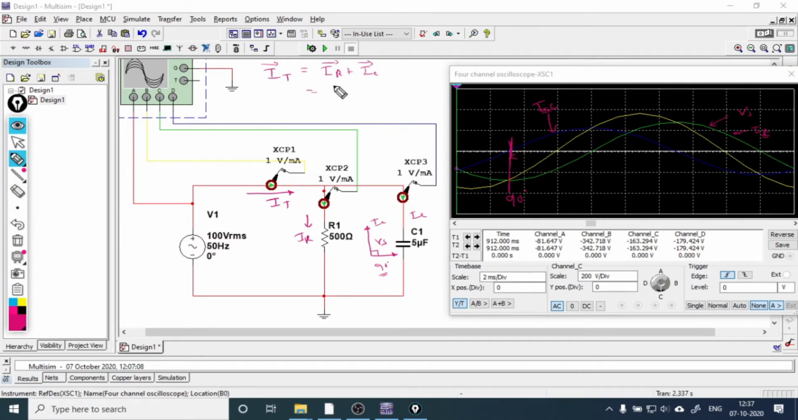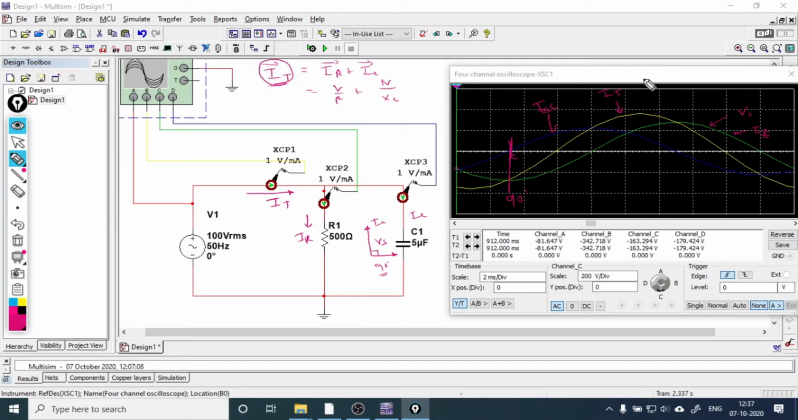IR is basically V by R and IC is basically V by XC, right? So this is how the total current will be computed. Now let me show you that when we calculate this total current, the waveform of this total current is this yellow one,